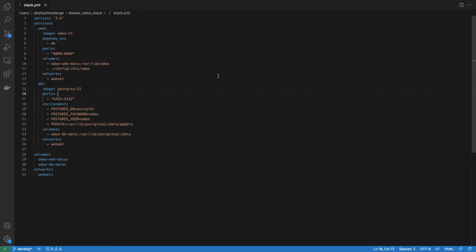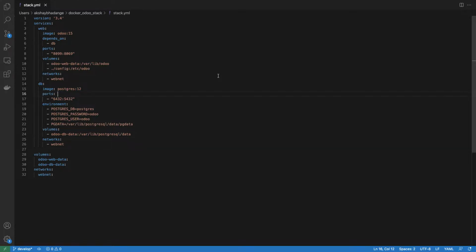In the last video we saw how we can create a Dockerized Odoo application with community add-ons. Today we will see how we can create a Dockerized Odoo application with our custom add-ons. There are two ways to implement this. One is you can directly mount your directory or folder inside the container. Second, you can create your own image. In this video we will implement the first method, where we mount our modules inside a Docker container. So let's start and build our custom Odoo application with Docker.